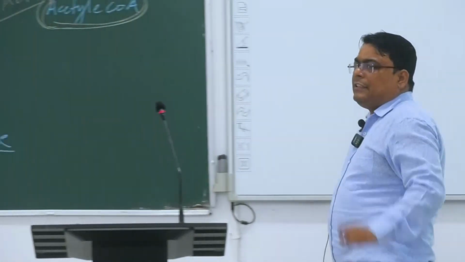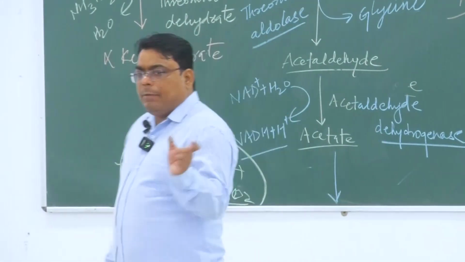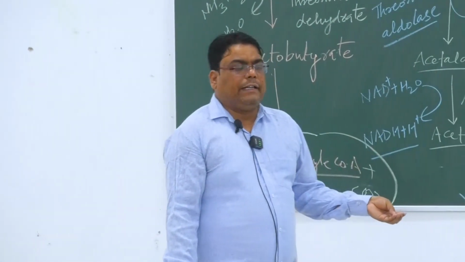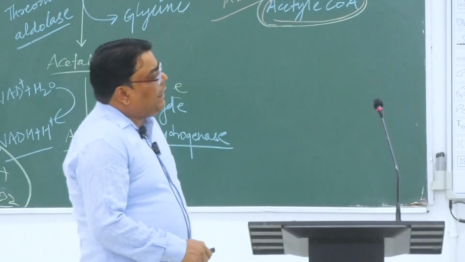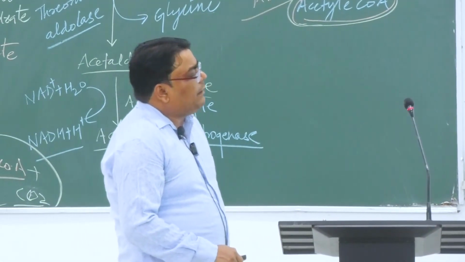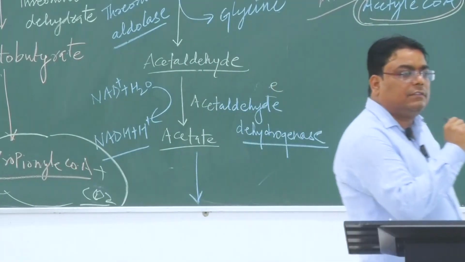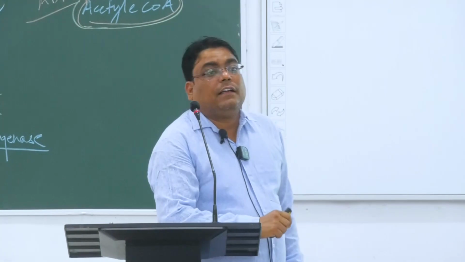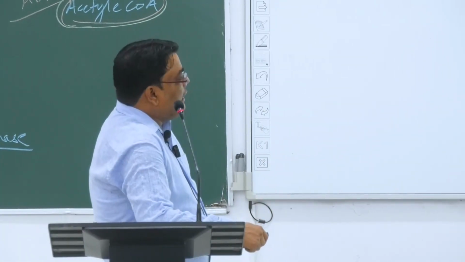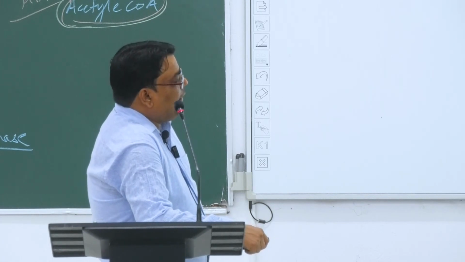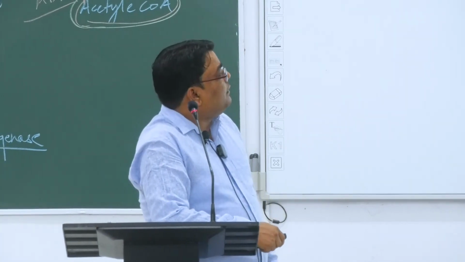If I ask you to give examples of biogenic amines, you should be able to answer: serotonin, dopamine, norepinephrine, tyramine, melatonin. Melatonin is responsible for coloration of skin and hair. Taurine, spermine. So all these have different, very important functions.